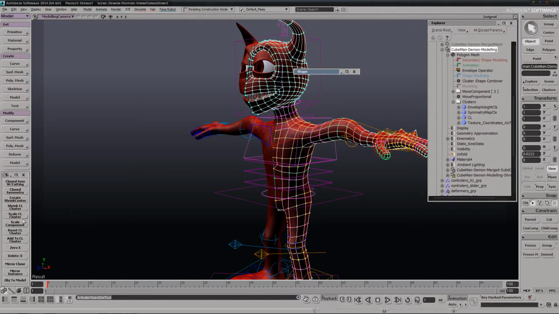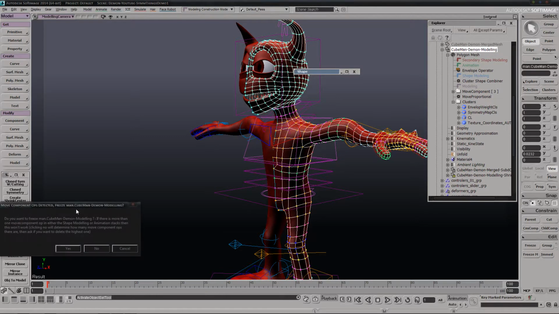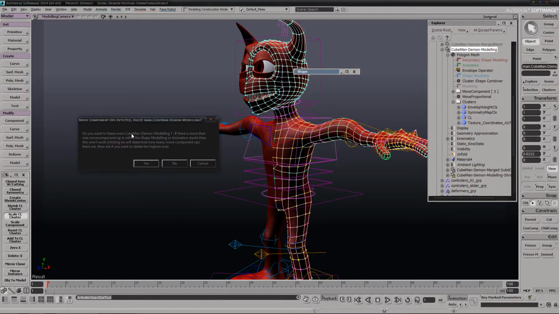It scales everything by 0 in the object's local x-axis. It will say, do you want to freeze? Because I've actually got move components and stuff. If you click no,